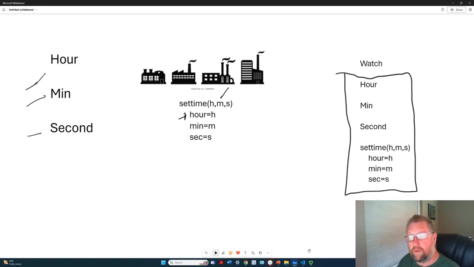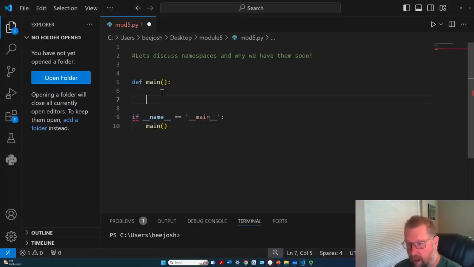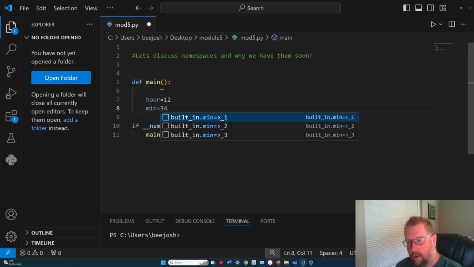So we might fly through some of your PowerPoints, but let's go into your code and create a program that sets time. And let's say that we have an hour that we assign, a minute that we assign,